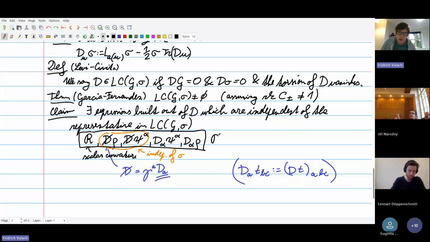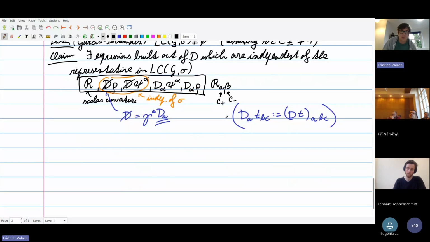Let me also mention you can construct the Ricci tensor, which for us will be a tensor which has two indices, one in C plus and one in C minus. So it's a section of the tensor product of C plus and C minus. And then what you can show, let me say there's a theorem, is that some nice things work. For instance, the analog of the Lichnerowicz formula. So Dirac squared